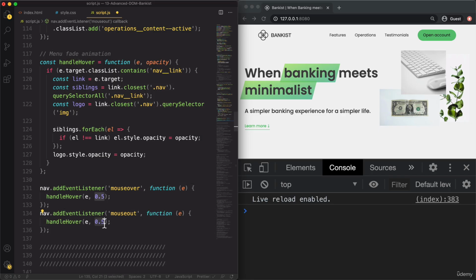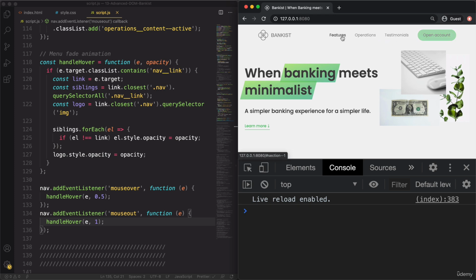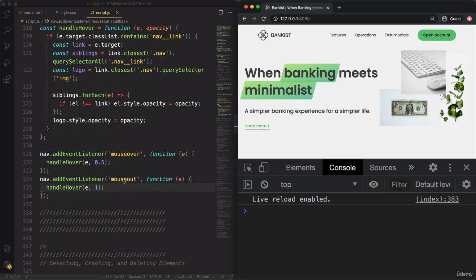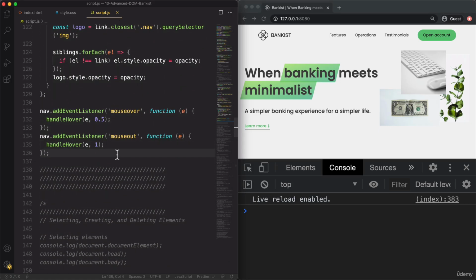Set it to 1, and now it should be working again. And it does indeed. Okay, so that is the second version of our code working, but we can actually do even better and remove these anonymous callback functions here altogether. So this looks a little bit ugly, right? Like having just this one function, which in turn will call another function. And so as I just said, we can do even better, and that is by using the bind method